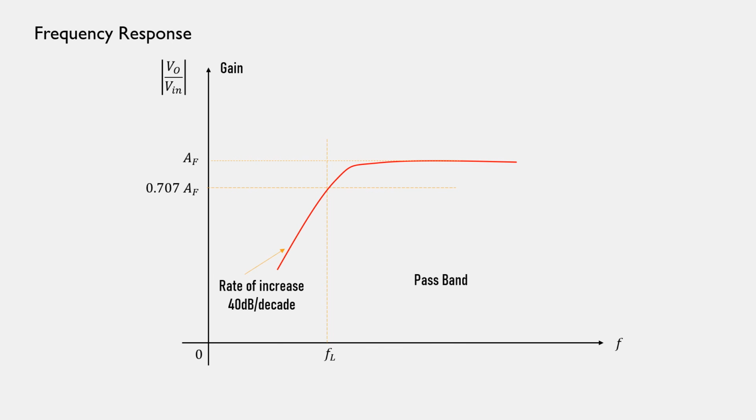Seeing the frequency response of this, the rate of increase is 40 decibels per decade at lower frequencies. At the cutoff frequency, the gain is 0.707 times AF, and after the frequency FL, that is the cutoff frequency, all signals are allowed to pass, which we call the passband, and in this case we obtain a second order